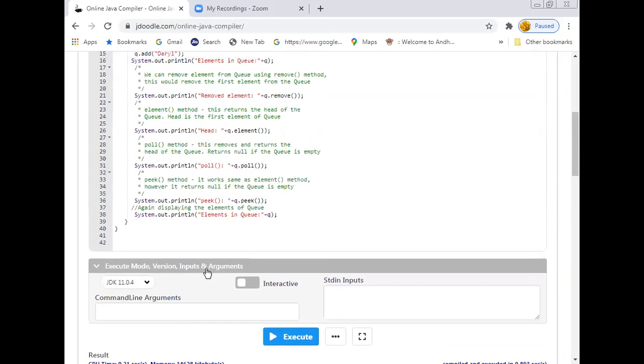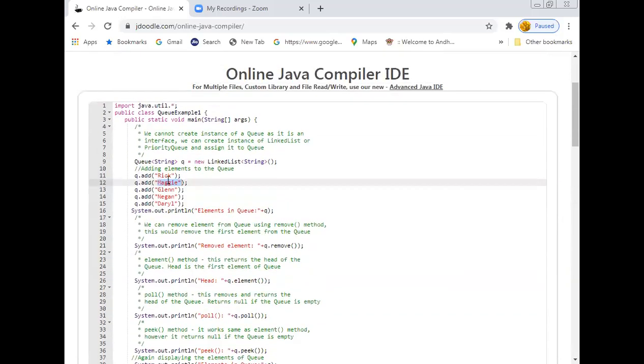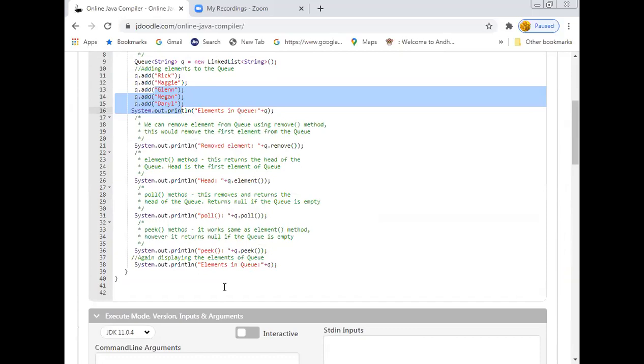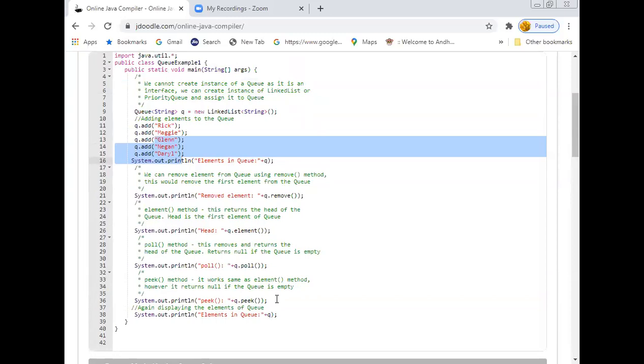All right, and after that I would like to display the contents of the queue. What are the elements right now present in the queue? Glenn, Megan, and Daryl. These are the 3 elements which are present. In such a way, you can implement all the methods. These are the very fundamental operations which we performed on the queue itself. But in future, we'll implement all these things in a little bit more complex way. Okay, so this is about the queue implementation.